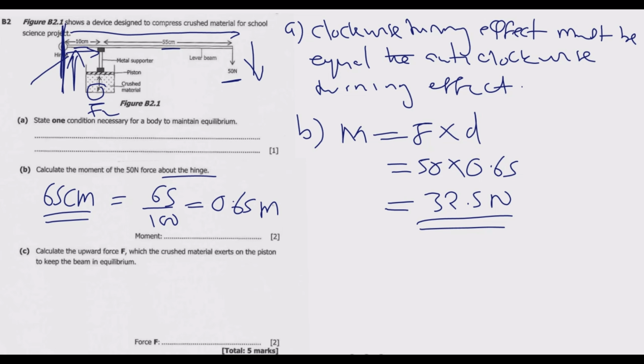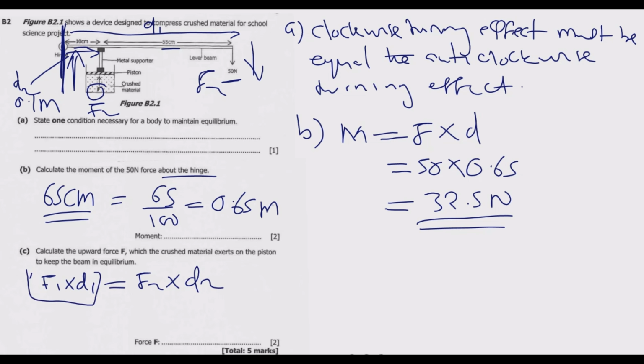Remember, we divide by 100, it is 0.1 meter, and this will be distance 2. Then this will be distance 1. Then this will be F2. So if this has to be in equilibrium, A must be true. So what it means is F1 multiplied by distance 1 is equal to F2 multiplied by distance 2. Then we already found this. This is basically this, because